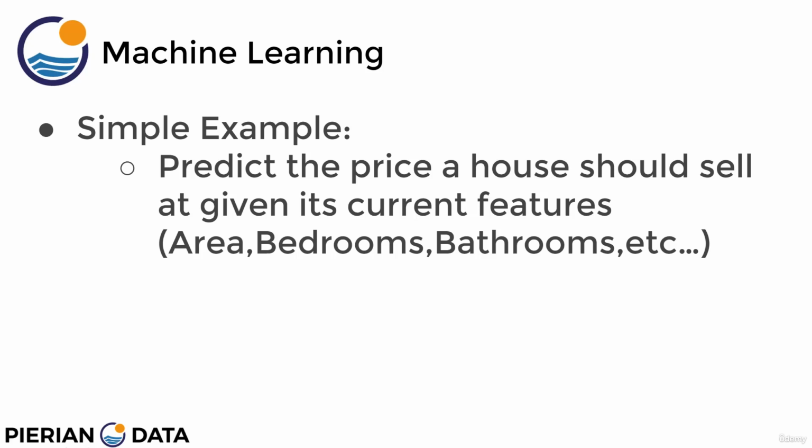So obviously we have human realtors that are doing this, and in a sense these human realtors before machine learning were kind of doing what a machine learning algorithm does. They take in all these features inside of their head, and then based off what they know about historical houses that have sold, they're going to try to come up with a reasonable price to sell this new house at.